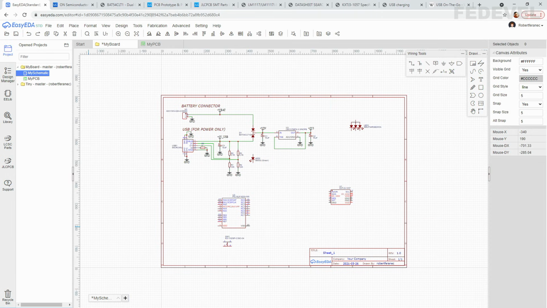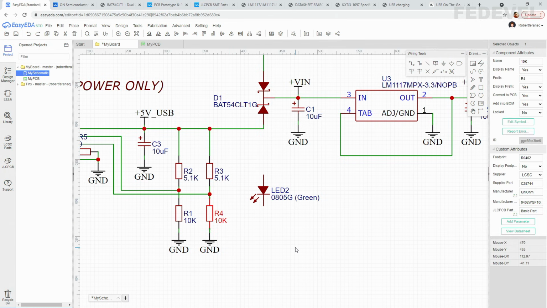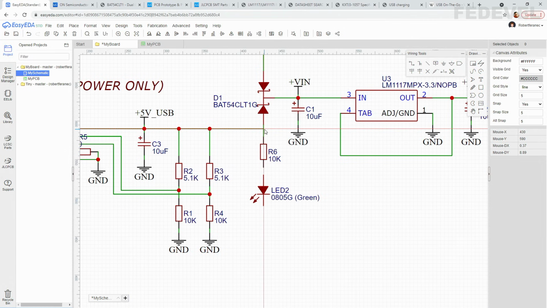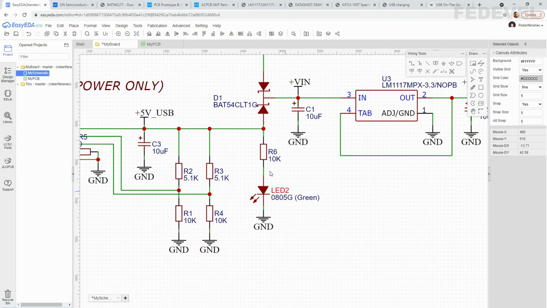It's going to be super simple because we already have a 10K resistor in our schematic. We can just select it, left click, Ctrl+C, Ctrl+V, and left click to place it. Connect the resistor to the power, connect the resistor to the LED, and copy the ground symbol, Ctrl+C, Ctrl+V, connect it to the LED, and maybe move it a little bit down like this.